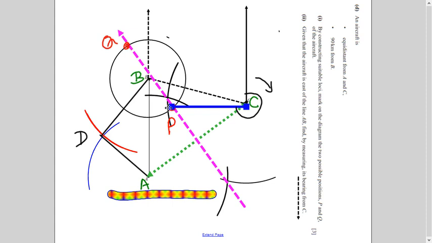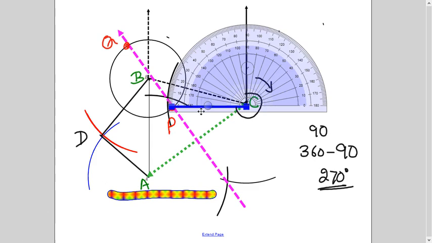So from the aircraft to point C, this is my bearing. So how will I measure it, by the way? I can measure this angle easily and subtract it from 360, right? So this is what I have done. It is exactly, you can see, 90 degrees. So I will subtract it. And I'm telling you here, this was not exactly the answer in the past paper, because I changed the diagram a bit, the size of it basically, right?